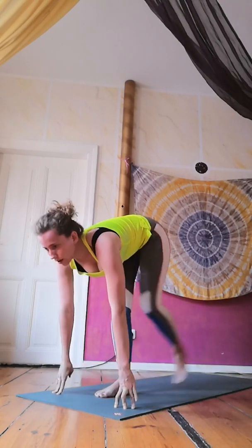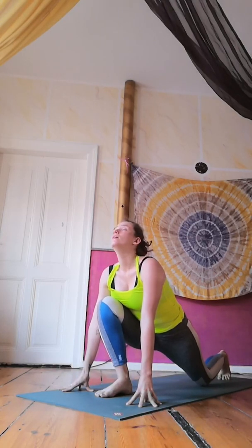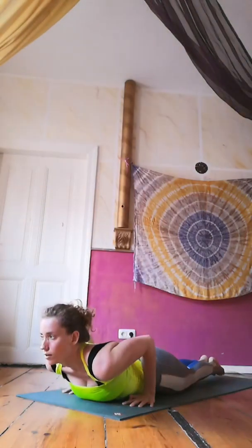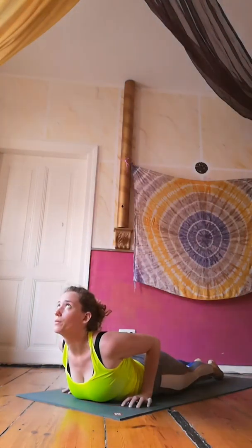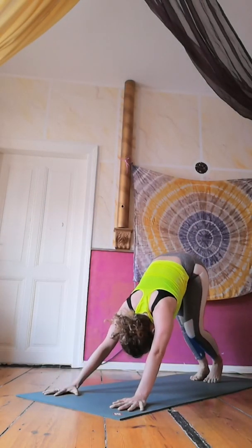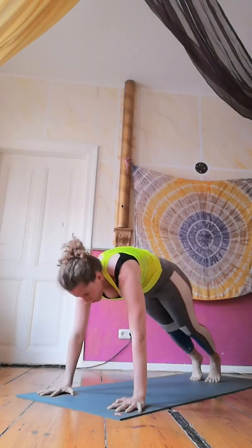On the inhale, halfway lift and step back into a low lunge. Drop your knee, look up, inhale and exhale. Step back into plank, look forward, inhale, knees down, exhale, chest and chin down, inhale, lower down, look up, draw your upper body up into cobra, look down, push up and back, exhale into down dog. If you want, you can walk the dog a bit, bending your knees, and